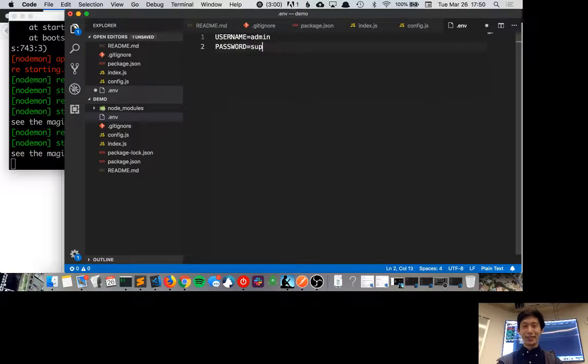So let's do a super cool password with underscores. We're definitely going to change that later, because otherwise my Heroku will get hacked and it'll be a bummer. Okay, so we've defined all this stuff, and the cool thing we can do now is say, if we go here,